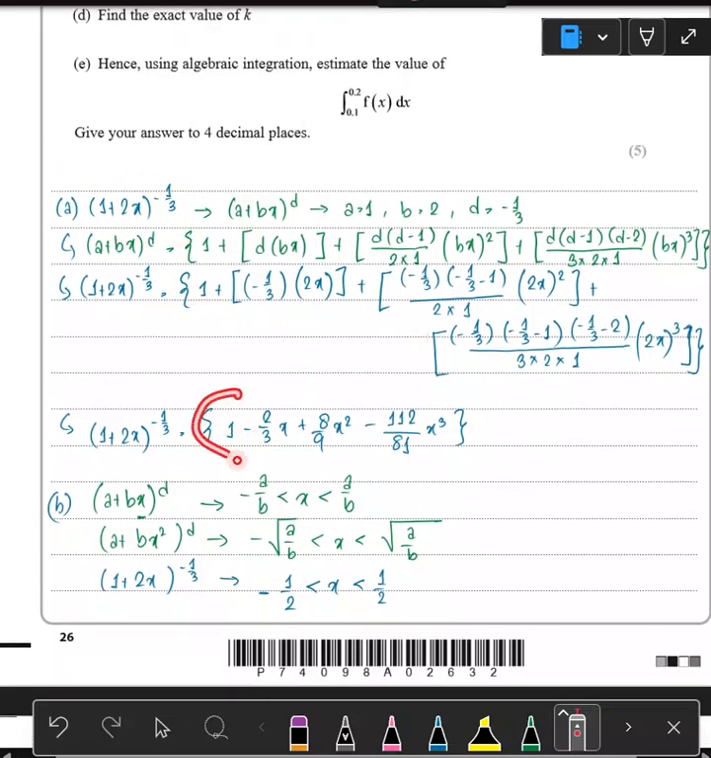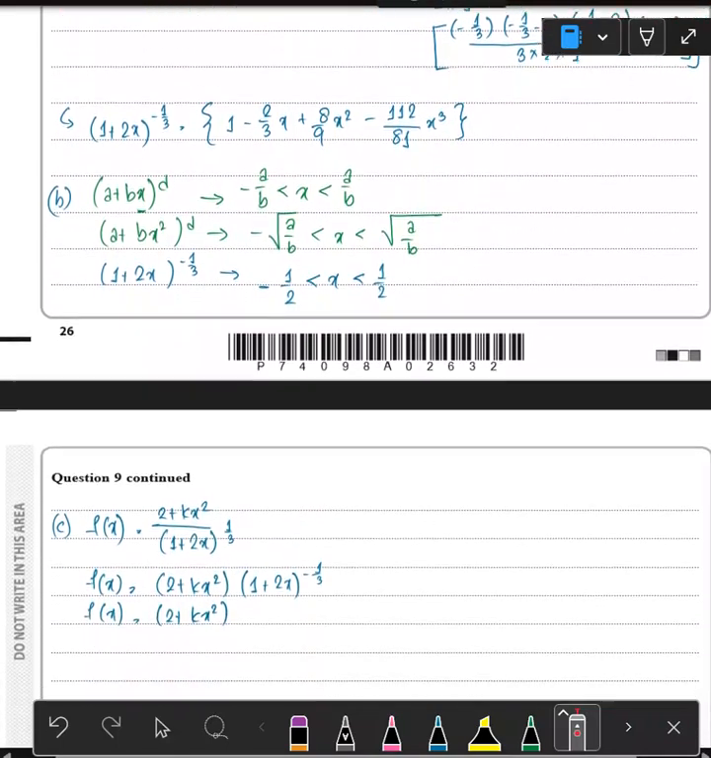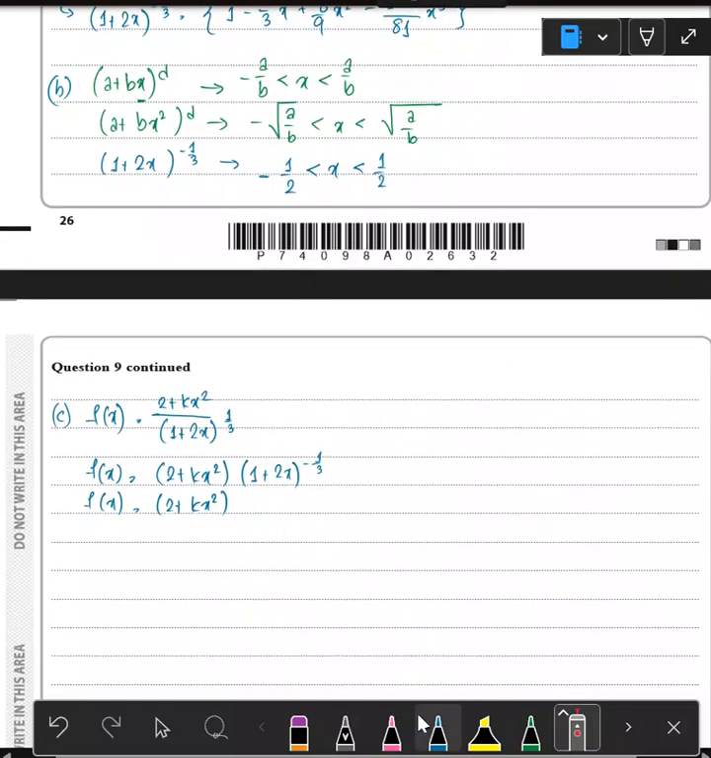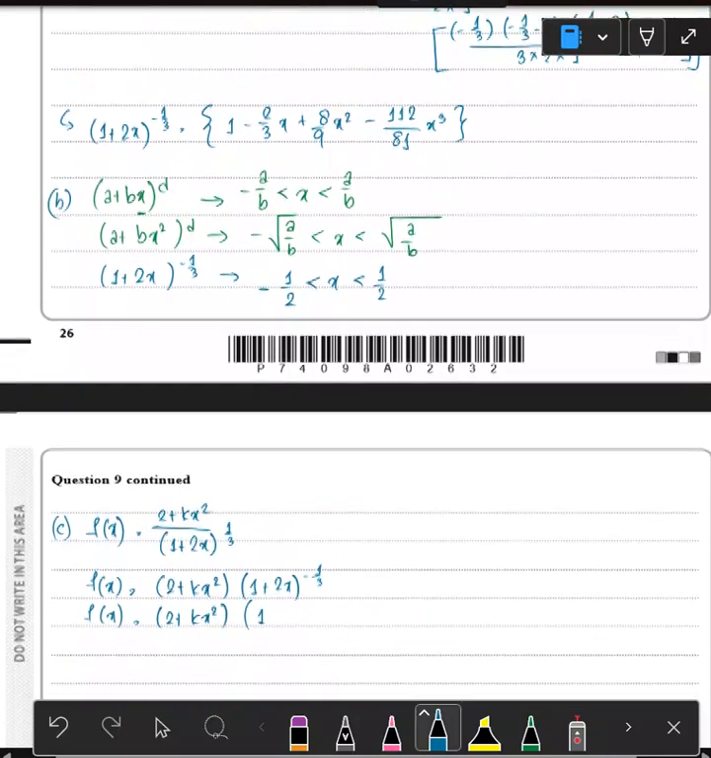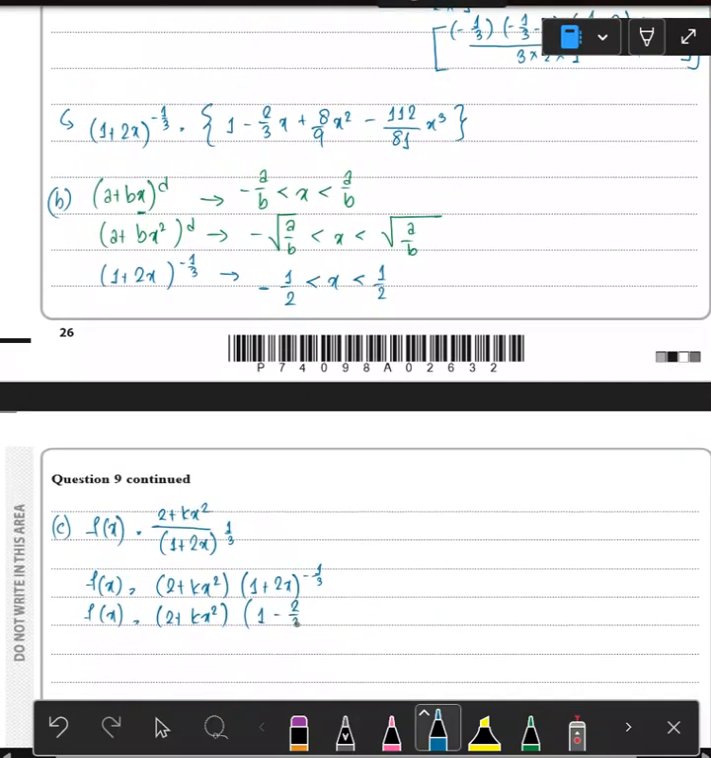So you expanded and you got this. So I can just substitute 1 plus 2x to the power negative 1 by 3 with 1 minus 2 by 3 x plus 8 by 9 x squared minus 112 by 81 x cubed. Okay,